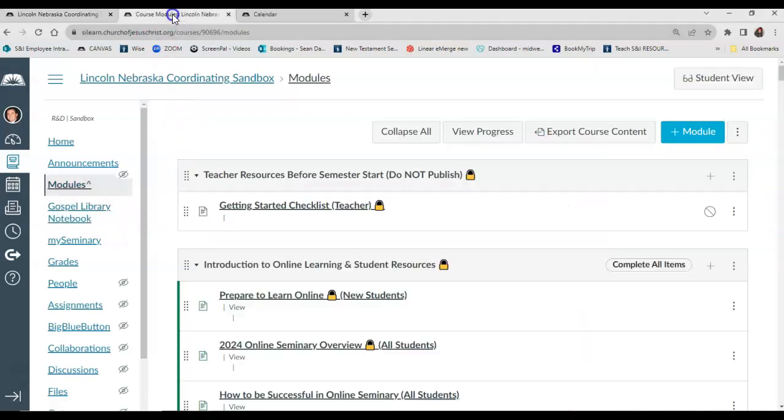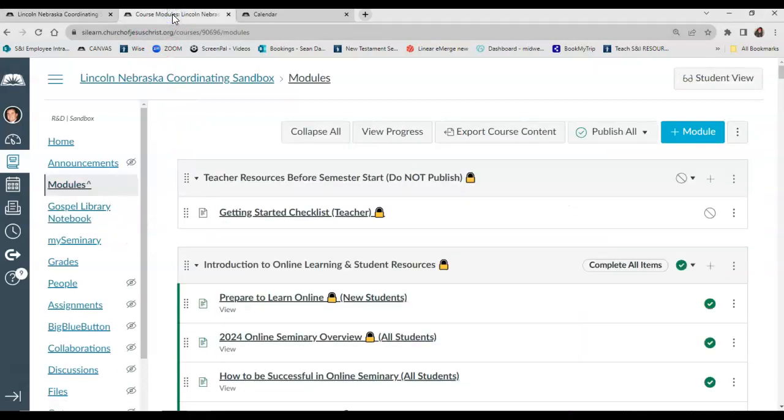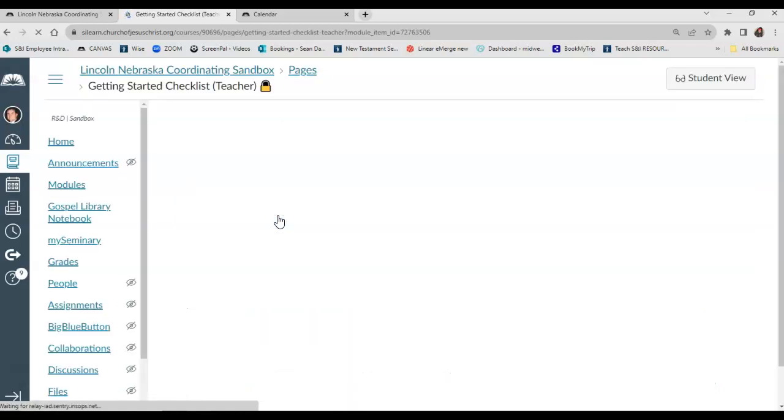Next, if we go to the modules, just click over to modules. I just want to share this getting started checklist for the teacher. This is really important for you to go through to get your class ready and get it going. And I'll kind of model some of these things for you, but I want to show you what this looks like really quick. If I click on that,